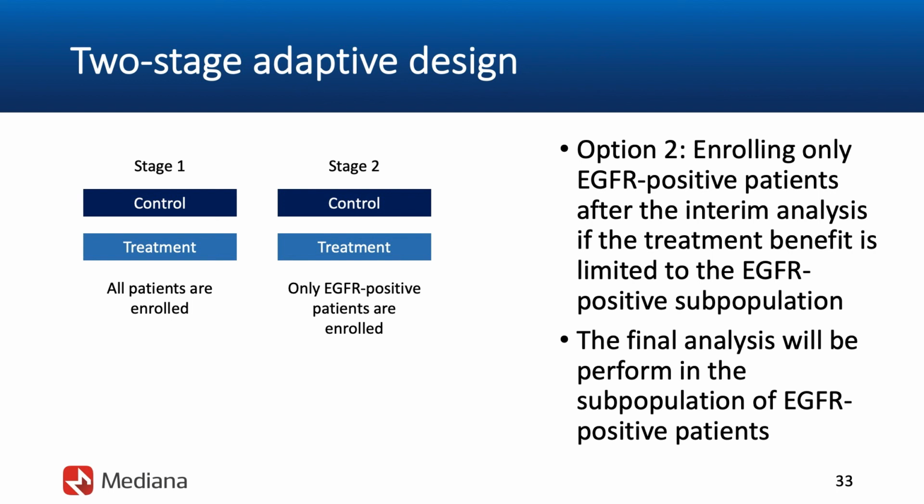And that would be the case. That decision would be easy to justify if it was clear at the interim analysis that the treatment benefit is clearly limited to the subset of EGFR positive patients. In this case, as you can see here in the diagram under stage 2, only biomarker positive patients would be enrolled after the interim analysis, and naturally, the final assessment will only be performed in the subpopulation of biomarker positive